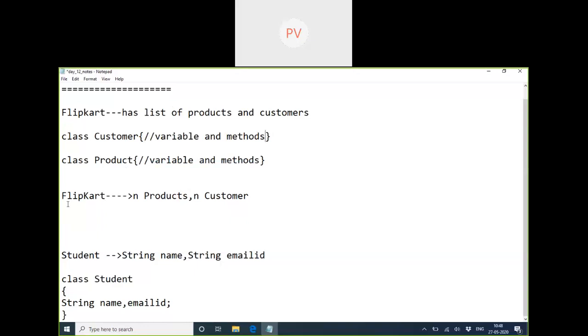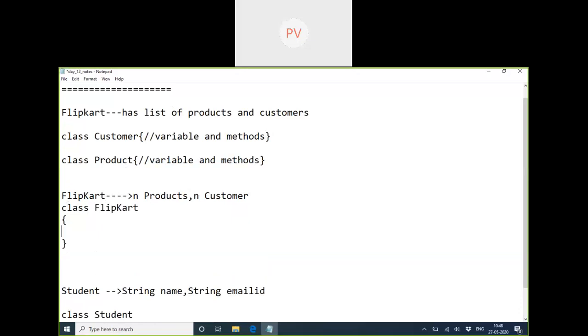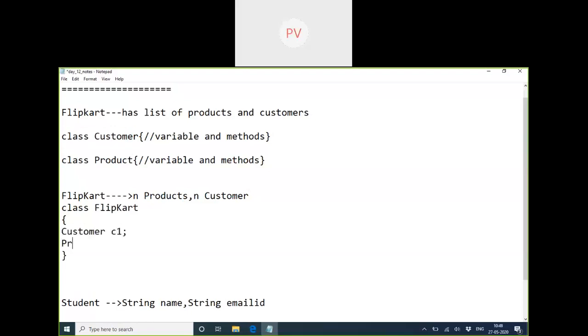Now we are saying that Flipkart also is acting like a class. But what is there inside the Flipkart class? Customer and product. What is customer? Customer is a class. So if I write it like this, what does it mean?